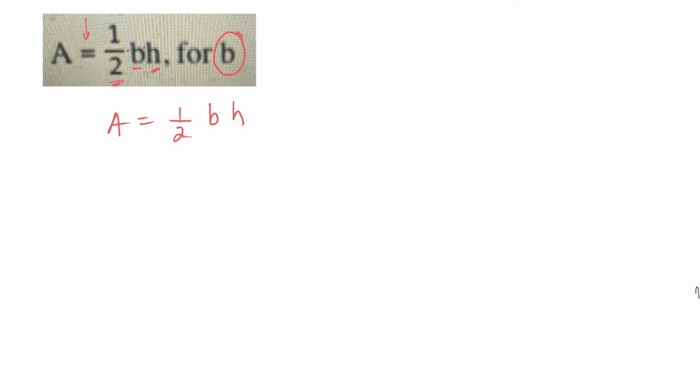So if I'm dividing by a half, the rule with dividing fractions is you multiply by the reciprocal. So instead of dividing by a half, I'm going to take this side and times it by 2. Then I have to do the same thing with the other side. The 2's cancel out. So on the right side now, I'm just left with b times h is equal to